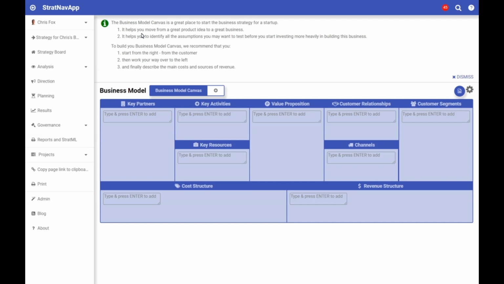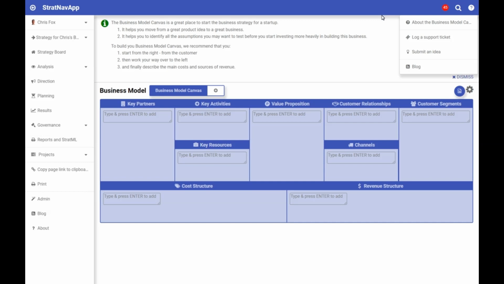But suppose you don't know what a business model canvas is. Well, we've still got you covered. If you click this little help icon at the top on the right here, you'll see that there you have access to a blog post explaining everything you need to know. That's true throughout the system.